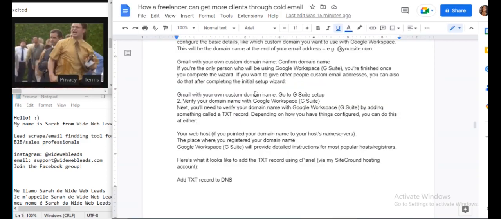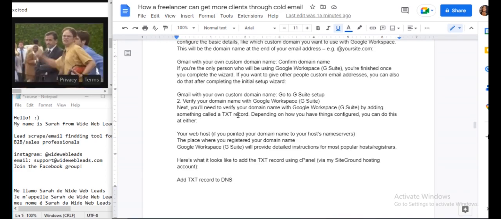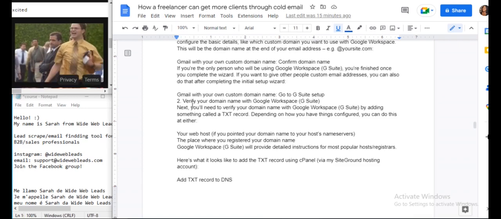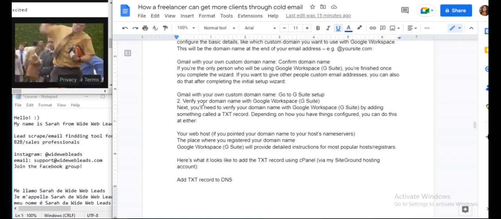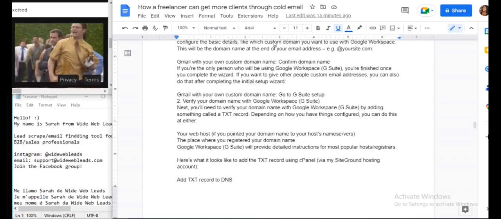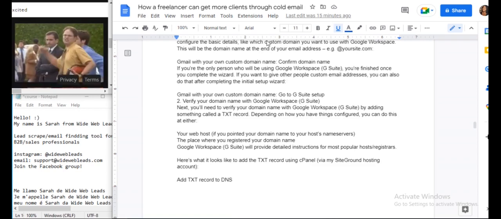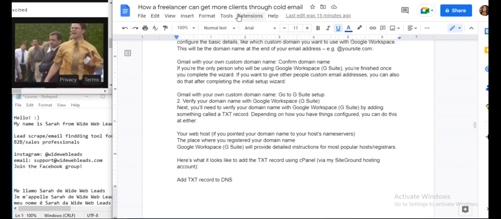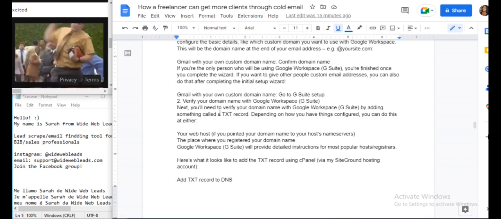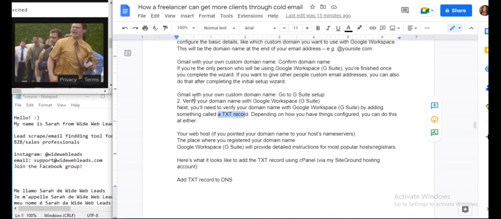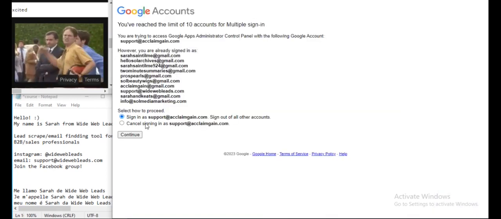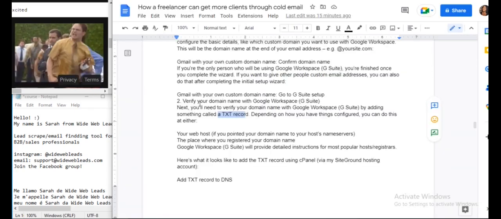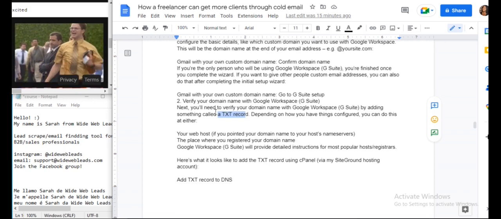So if you didn't set up with Google Domains, they'll just ask you to verify your domain. You can do that by simply following the instructions to visit your domain provider. So let's say you're using GoDaddy or HostGator. You just want to provide them with the text record. Google will provide you with all that information. The moment you get to that point when setting up your email, they'll give you the text record to add to your domain name, okay?